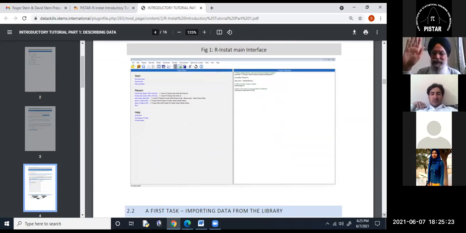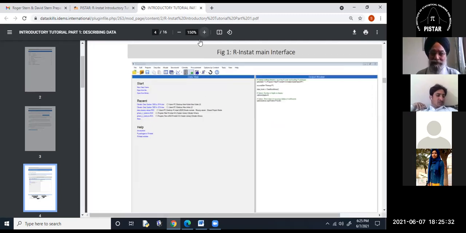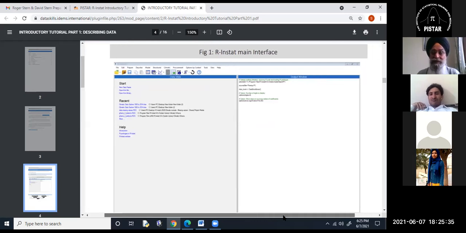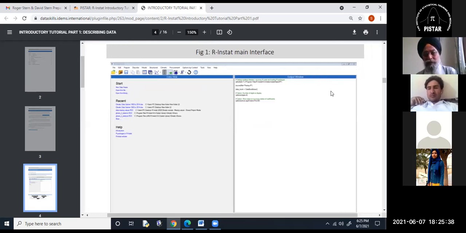Madam, can I interrupt? Yes, yes, yes. One thing is, Roger had developed one program, Instat, before, which was not called R, but that was a very simple program. I downloaded it from old files, but now it's not available, and it will probably not work on Windows 10. It may work on previous versions of Windows, like 7, 8, or 9, but it doesn't work on Windows 10. That's how I came to know about this workshop. I inquired from Instat why it's not running on my Windows 10, and then the person told me, no, you contact Roger.